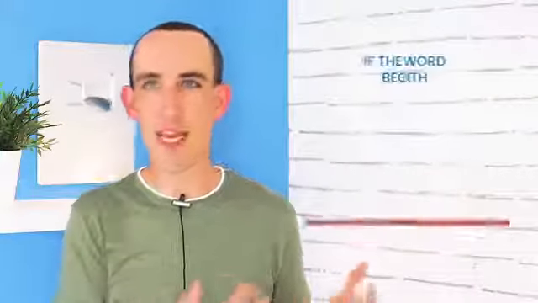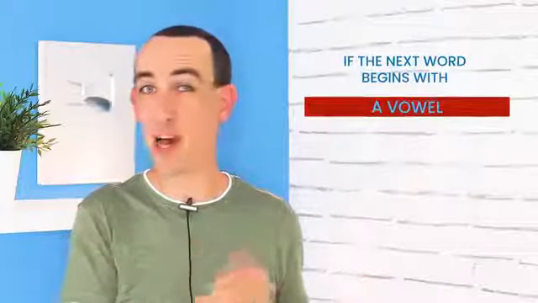First, we have "the", and there is also the pronunciation "thee". Now, it all depends what the next word begins with. If the next word begins with a vowel, we say "thee elephant", "thee octopus", "thee owl". But if the next word begins with a consonant, we use the pronunciation "the": the building, the table, the boy, the